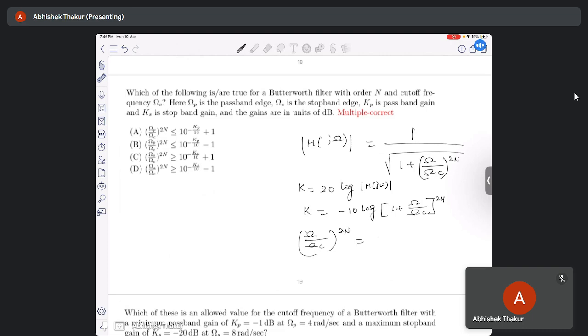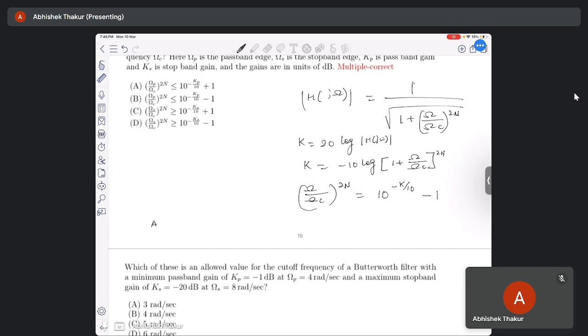So (omega by omega c) to the power of 2n will become 10 to the power of minus k by 10, and the 1 will go to that side, so it will become minus 1. So at the passband, k is greater than Kp, which implies that (omega p by omega c) to the power of 2n is less than or equal to 10 to the power of minus Kp by 10 minus 1, and at the stopband